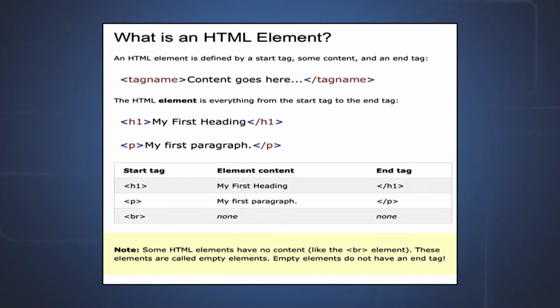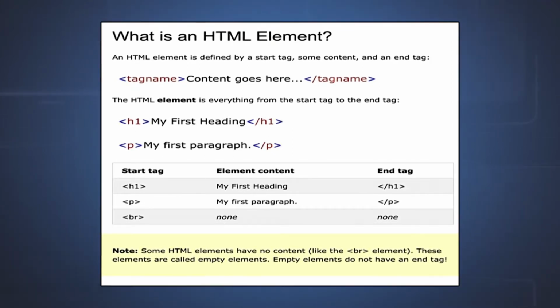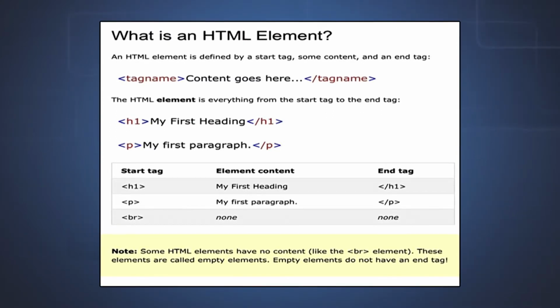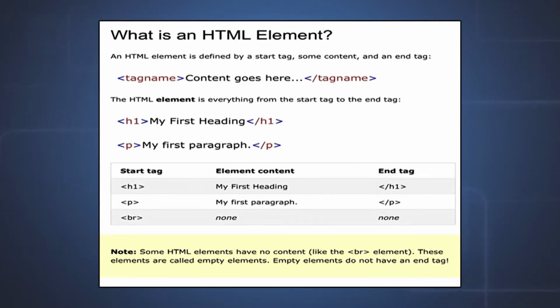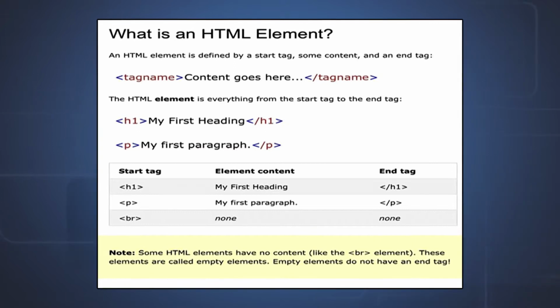Now, one example of a tag that does not have an ending is BR. We will be looking into detail about this particular tag, but it will not have the ending tag and it does some functionality on the content or text that follows it. I mean that if you have a BR tag and it is followed by some text, that particular text is affected by the BR tag.